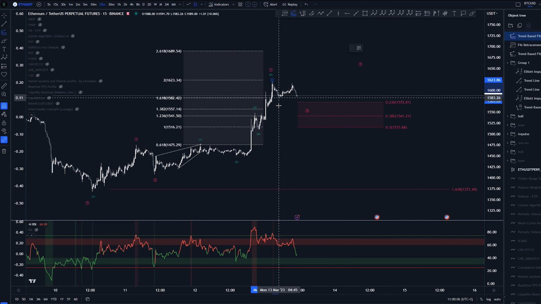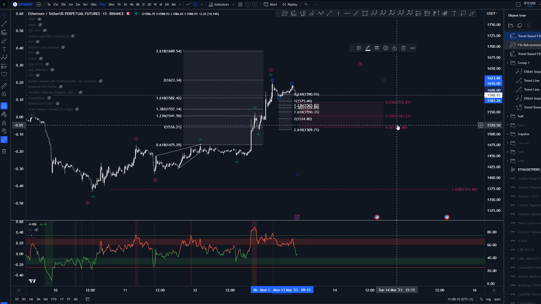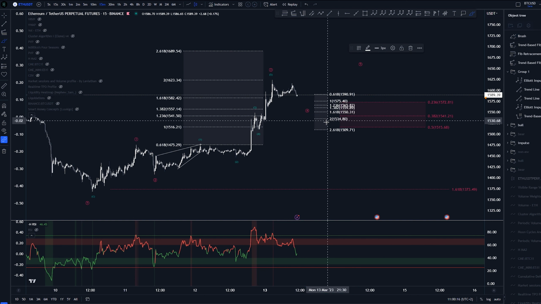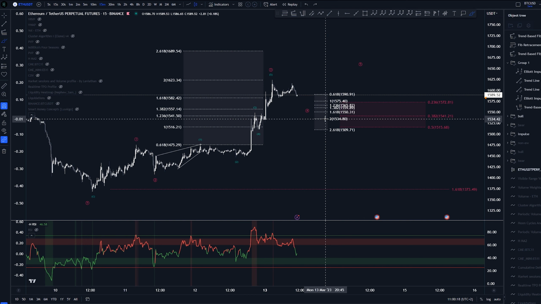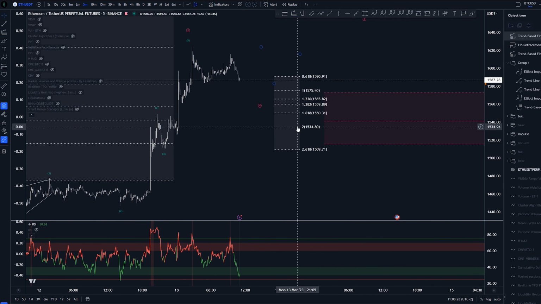However, if we are looking at these extension targets here, let's take a look at those, move this over. We can see that if we go anywhere beyond the 2 is so much less probable that this is indeed a 4 anymore. So again, keep that in mind if you're still wanting to long here, because this would be probably the best area to stop.